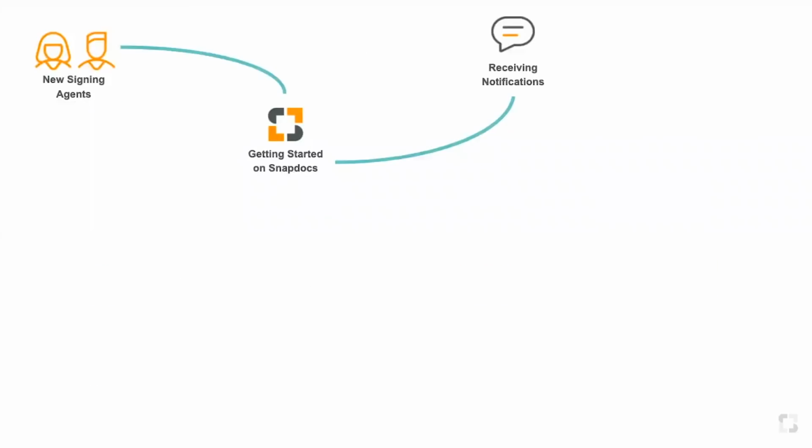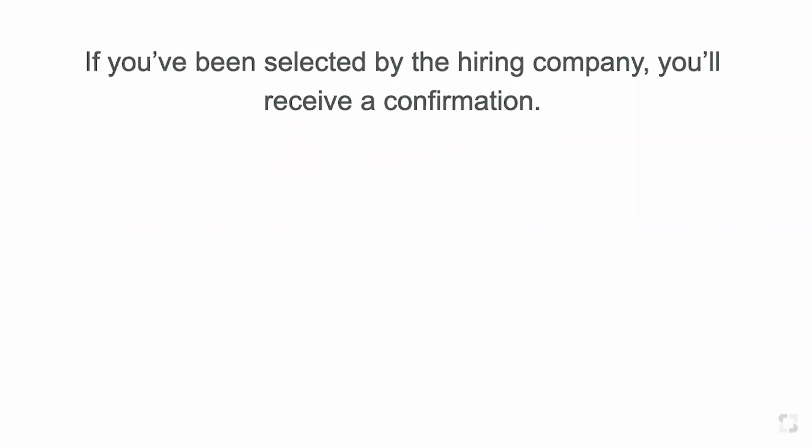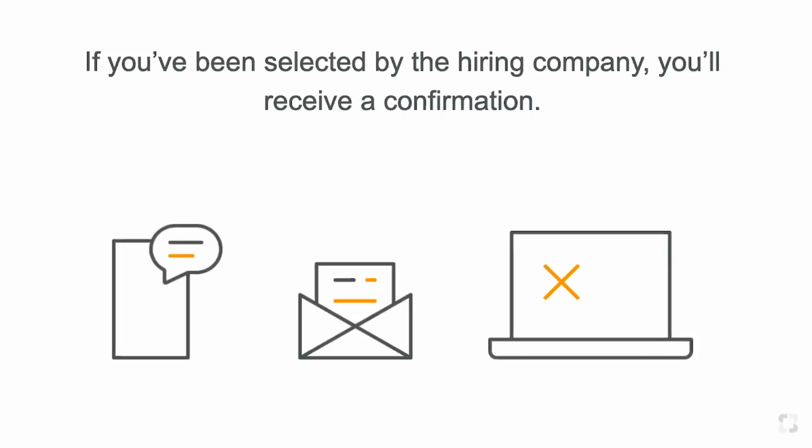So now that you guys understand how to get started on Snapdocs, we've gone over receiving notifications and responding to them and what goes into play. The next step on your roadmap to Snapdocs is actually receiving the job assignment. So when you receive a job assignment, you'll actually receive confirmation from the company. So when you get those notifications and you respond as available, that doesn't necessarily mean that you'll automatically be assigned to the order. That just means that the